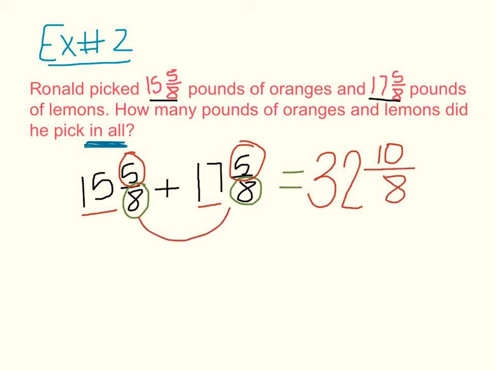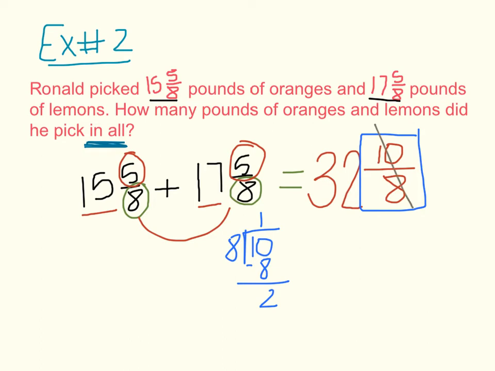So it's 8. Again, I have the same problem that I had in example number 1. I have an improper fraction right here, 10/8. So I'm going to divide to get rid of that. 10 divided by 8. 8 goes into 10 one time with 2 left over. Now I can rewrite 10/8. I'm going to cross it out